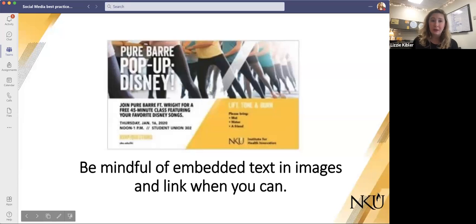A screen reader can't pick up what's in this image, because to a screen reader, it's just an image. That's when you want to put alternate text on it. For this, you could put something like, join Pure Bar featuring Wait for a free 45-minute class, just something in the alt text to let them know what it says.